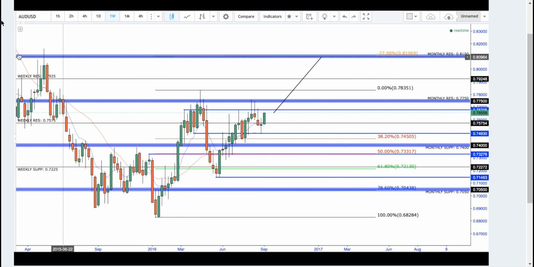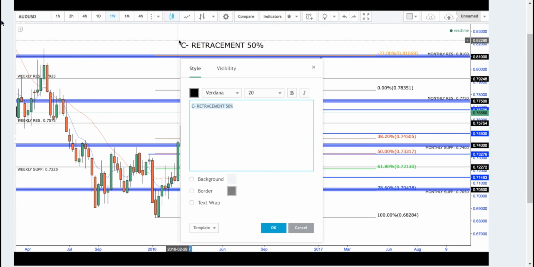So we've got two confluences up there as well. So the two confluences are the minus 27%, or 127% extension, and